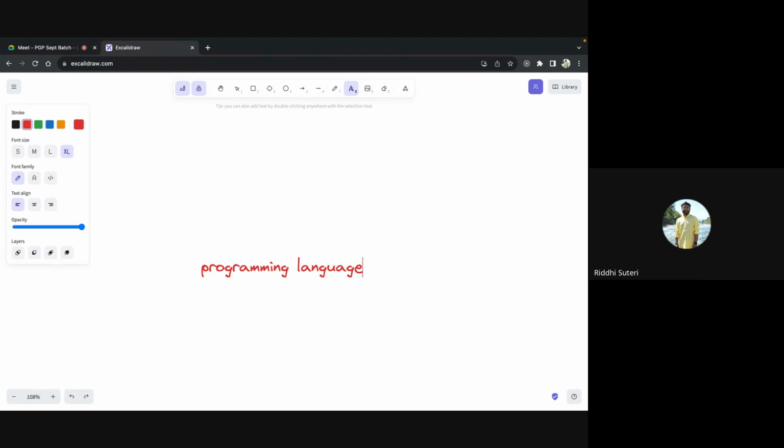Then it is also a scripting language. It is also a dynamically typed language. It is also, some people are saying, an object-oriented programming language. Again, that is a debatable point, whether it is exactly object-oriented based programming or not. I'll not go in that direction right now, but yeah, there are certain pointers. So it is obviously a programming language. Second pointer was it is a scripting language.